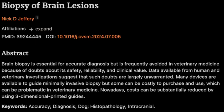Today we're talking about brain biopsies for our pets. Definitely a procedure that can bring up a lot of questions. It really is. We're diving deep into this article by Dr. Nick D. Jeffrey, a veterinary neurology expert. It's a fascinating article, and it really gets into the why, the how, and even the why nots of using